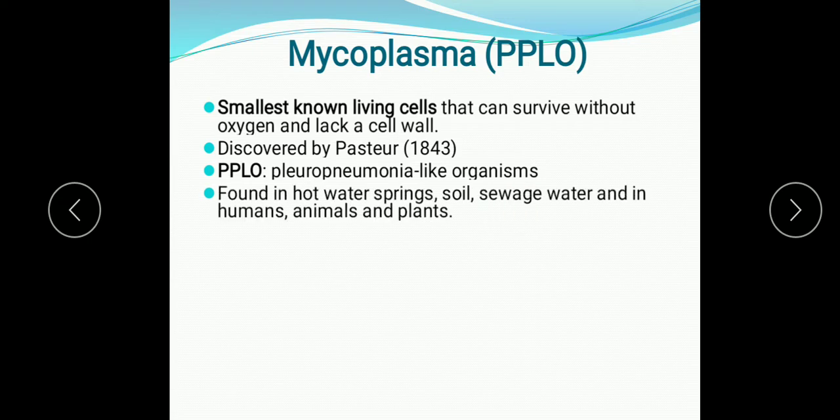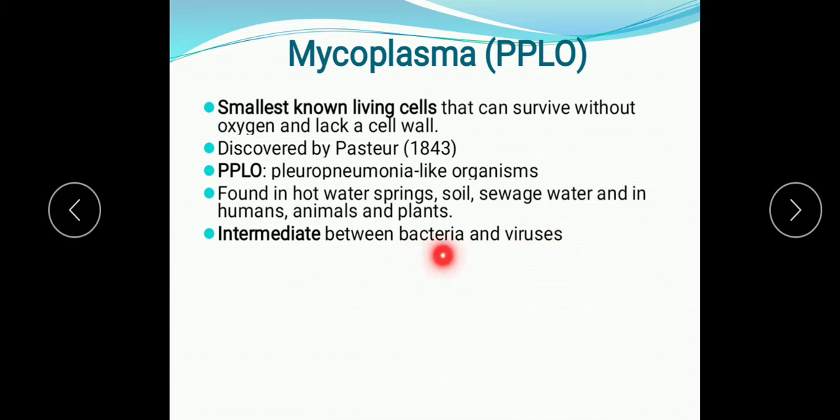They are found in hot water springs, soil, sewage water, in humans, animals and plants also. Now these mycoplasma can pass through many filters due to their plastic nature and grow on media which do not contain live tissue. So they are considered as intermediate between bacteria and the viruses, because viruses are simply the DNA and